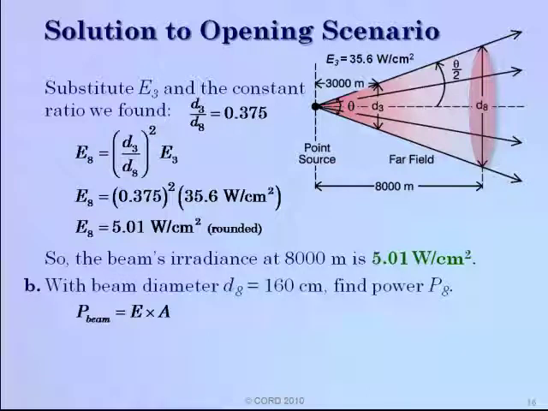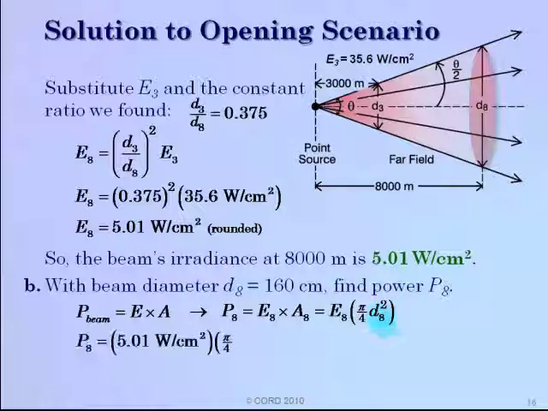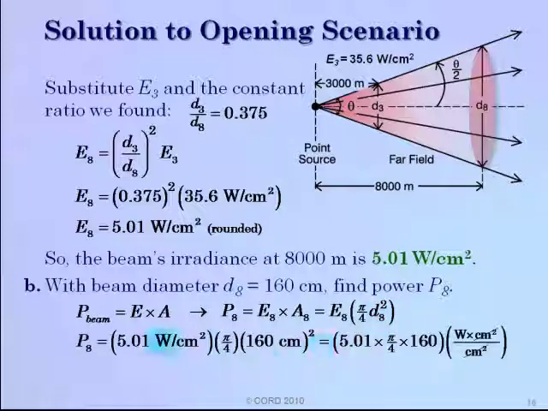With a beam diameter of 160 centimeters, we're asked to find the power at position 8. To do that, the power of the beam is equal to the irradiance times its area. So the irradiance at 8, which we just figured out, and the area at 8, which we're going to calculate, we'll substitute in those values. 5.01 watts per centimeter squared, pi over 4 times 160 centimeters squared for the diameter,